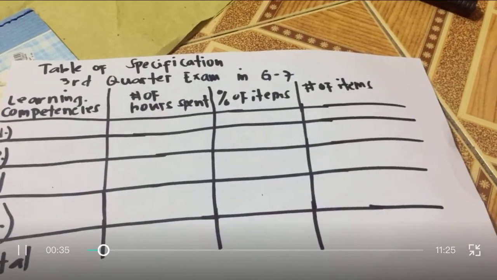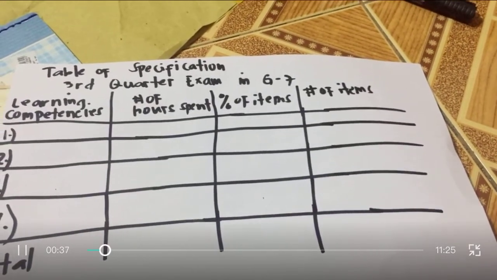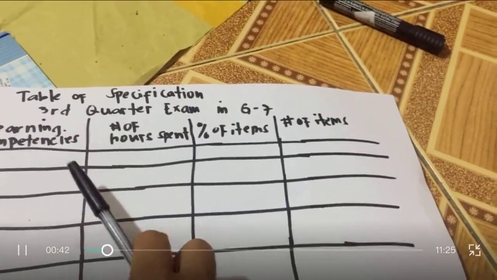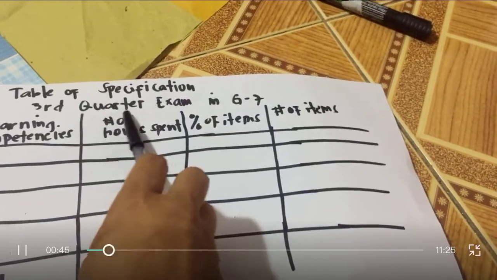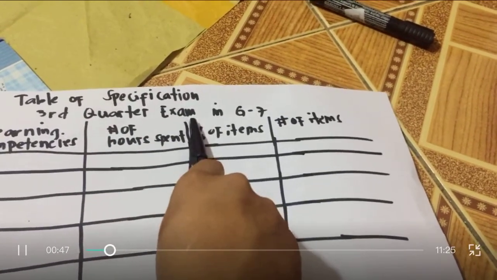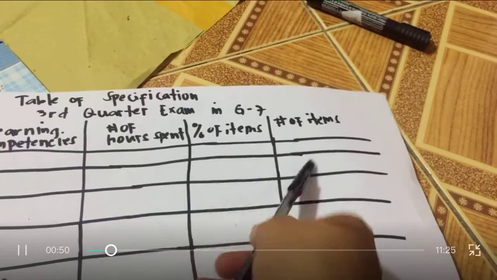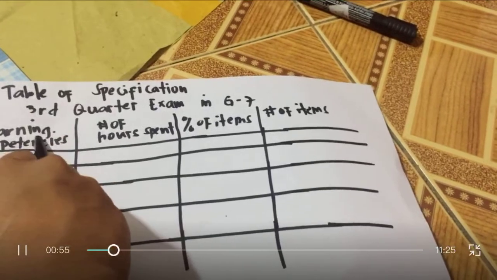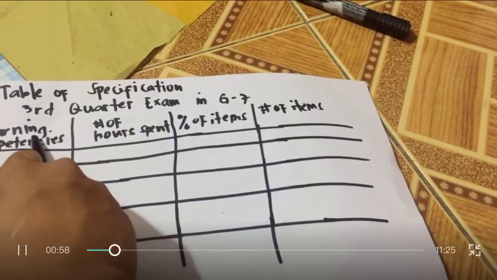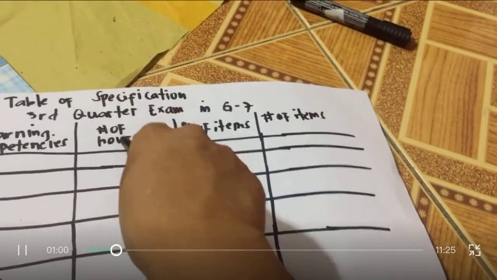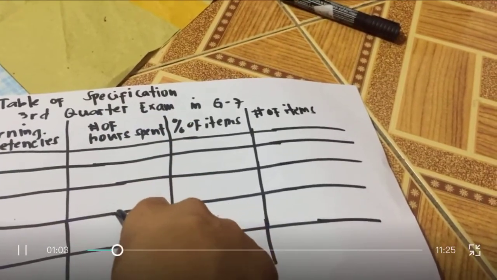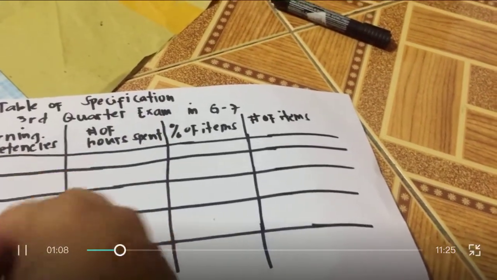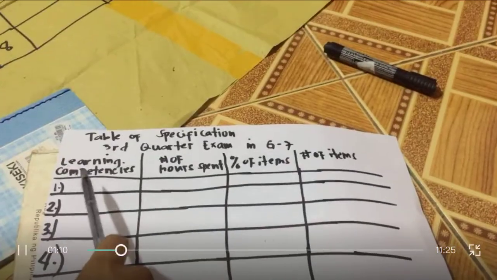Third quarter exam in Grade 7. So we use a TOS in the third quarter examination in Mathematics Grade 7. We start with the learning competencies or content, until here, the number of items. In the learning competencies,